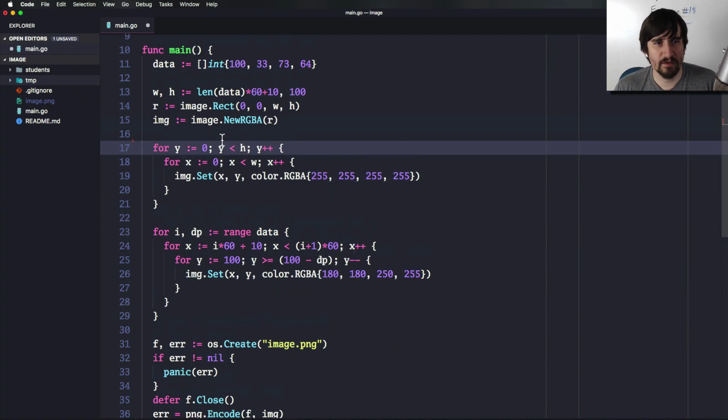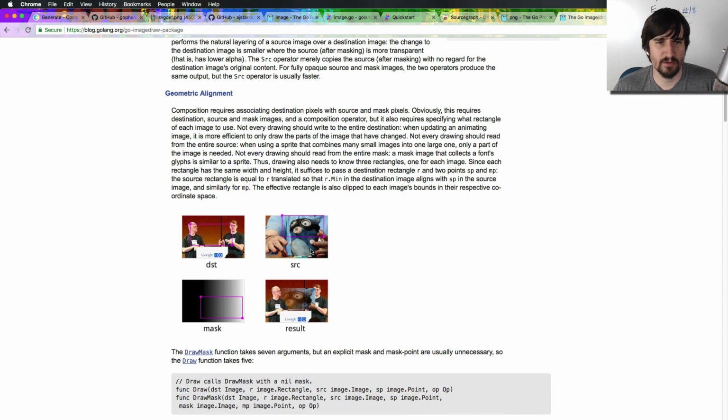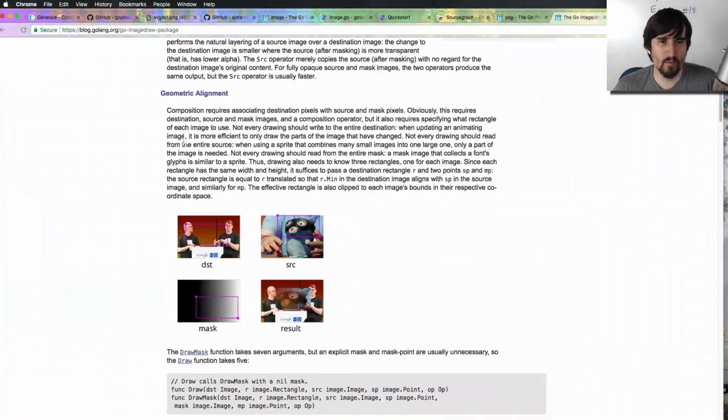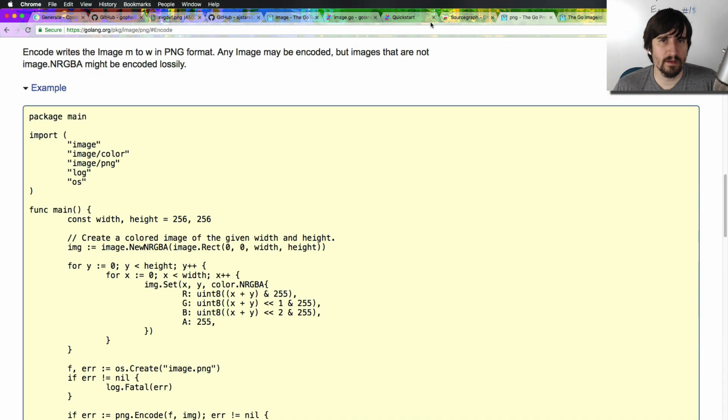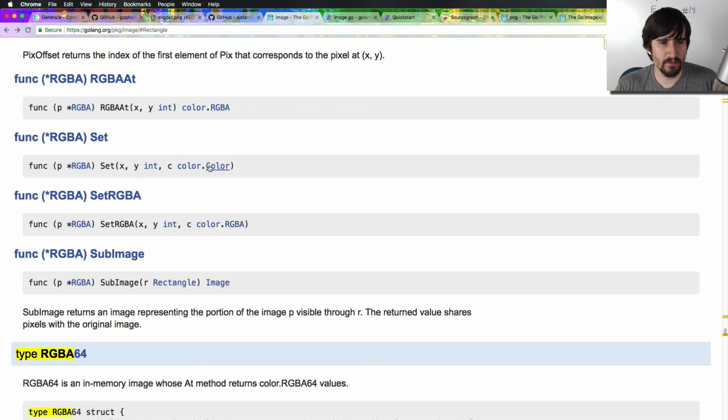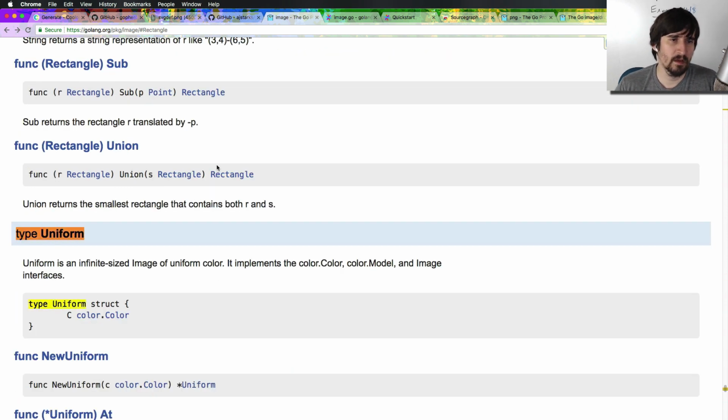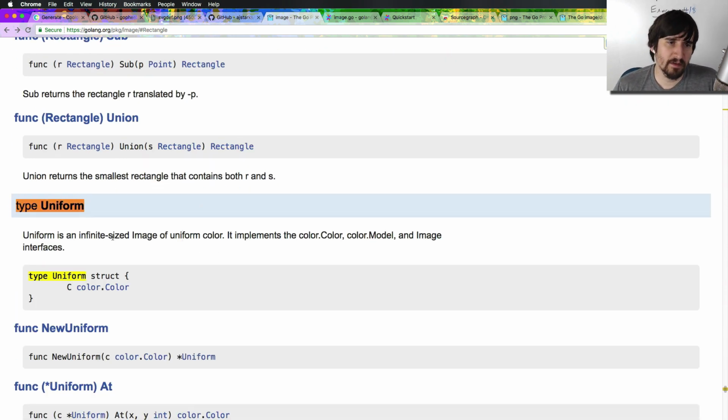we need something to draw with. So, in all these images, there's a destination where we're going to write to. Well, that's our image that we have open. But what is our source? Where are we drawing from? Well, if you look in the image package, there's something here called type Uniform. And this is an infinite sized image of